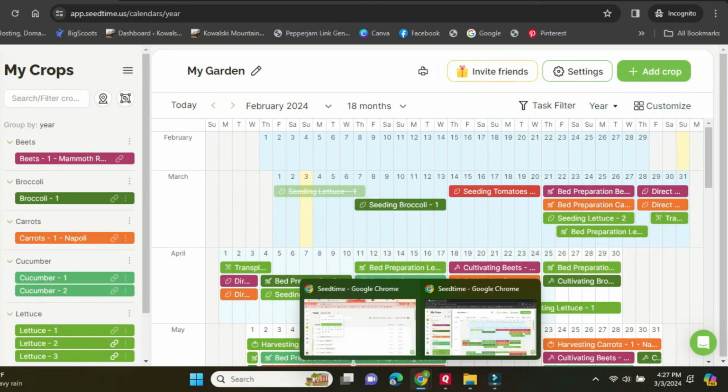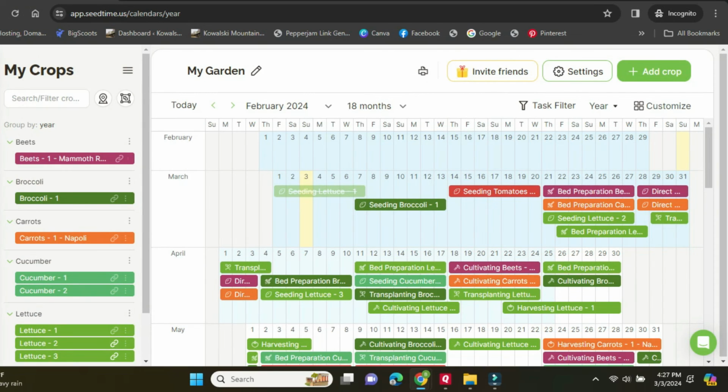Now that makes me realize that I made a mistake on our main calendar. We did not start our onions from seeds. We are actually starting them from some transplants that we ordered. They came in and they said to go ahead and plant them right away. They didn't mail them until it was safe to plant them, and we need to plant them this week. So I'm going to go ahead and take onions off of the calendar, and when we put them in the ground, I'm going to put them back on so that we can keep